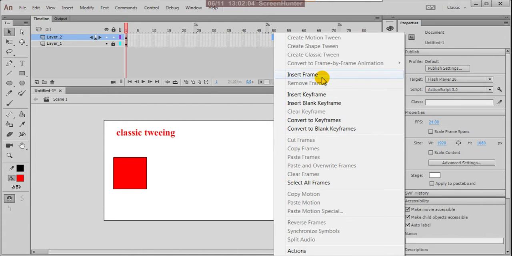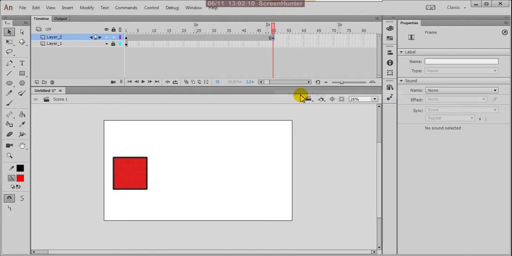These are the different frames. Suppose I insert a keyframe. Keyframe means a very important frame. At keyframes the changes are there in animation.